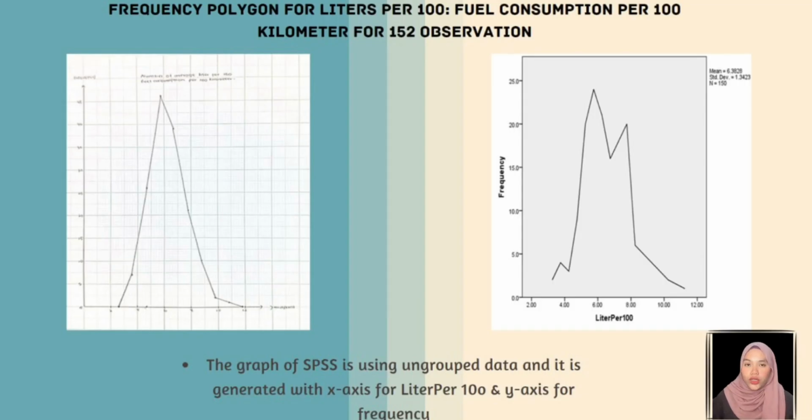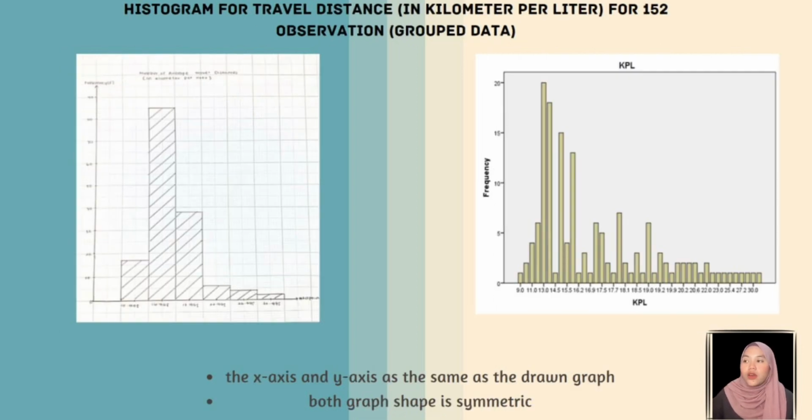The slide shows two graphs, using manual way and SPSS software. For frequency polygon for liter per 100 km fuel consumption for 152 observations, the graph for SPSS is using ungrouped data and it is generated with x-axis for liter per 100 and y-axis for frequency. The second one shows histogram for travel distance in kilometer per liter for 152 observations group data. The graph shows the x-axis and y-axis the same as the drawn graph, and both graph shapes are